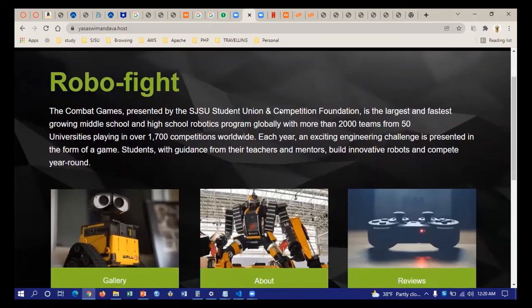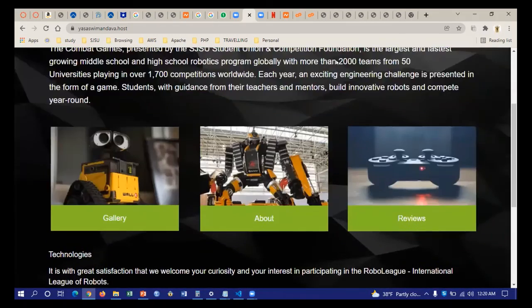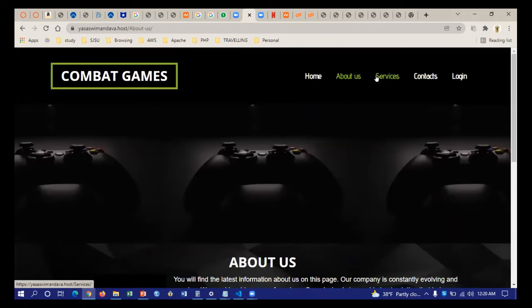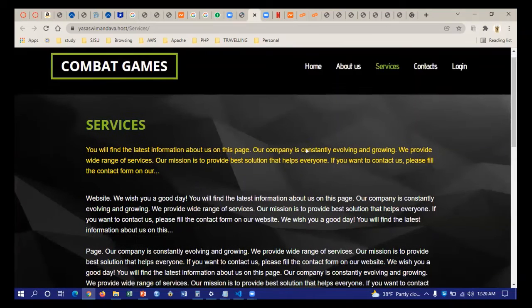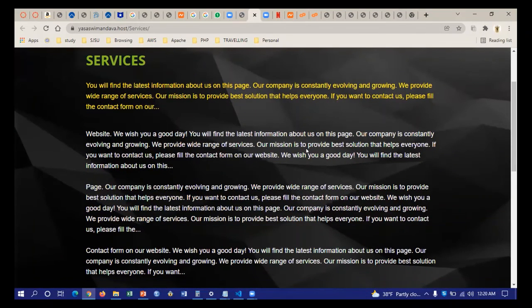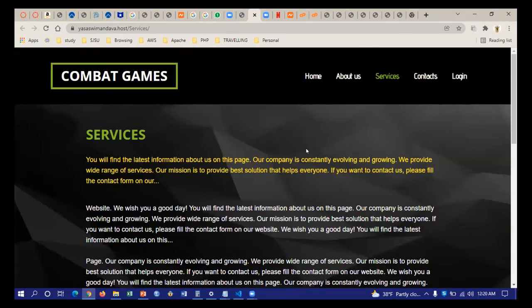In my website there are services, and in these services we give advice for the league matches, and also give prize money upon winning.